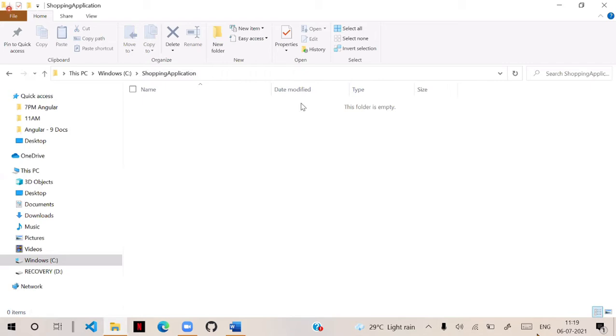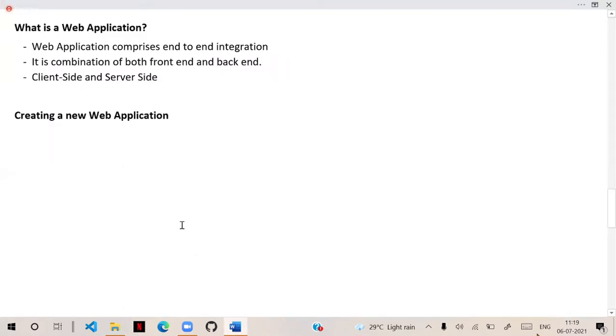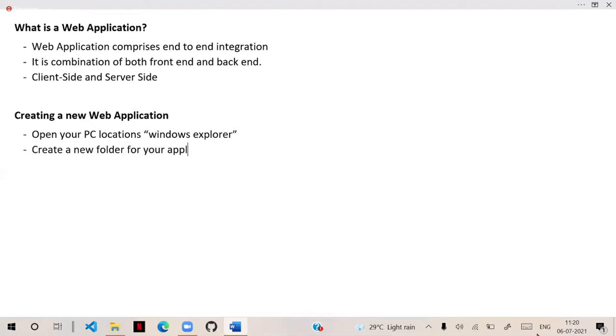So first you have to open your PC locations, in Windows Explorer or My PC, and create a new folder for your application.